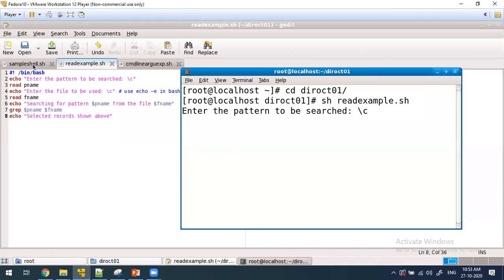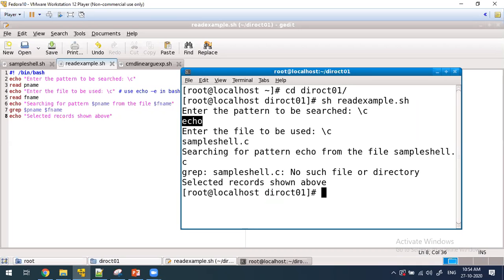I want to search for one word in the sample shell, like echo. This echo is stored in the variable p name. Now enter the file to be used; which file do you want to search? I'll give sample shell.c. Now this echo will be searched inside sample shell.c.